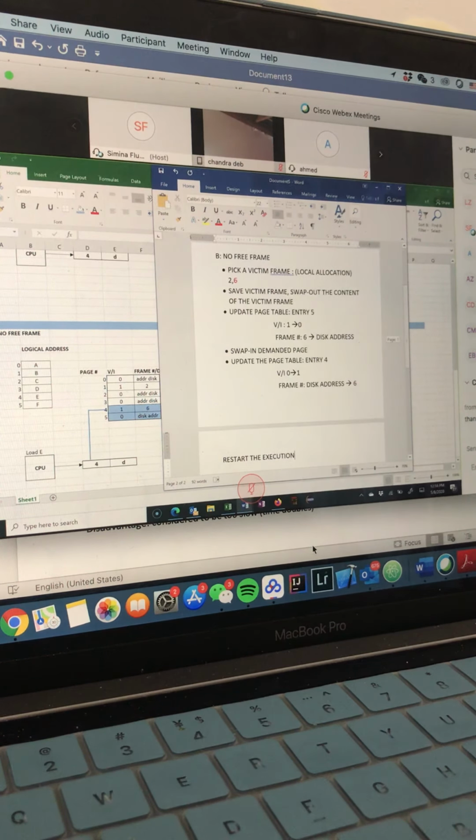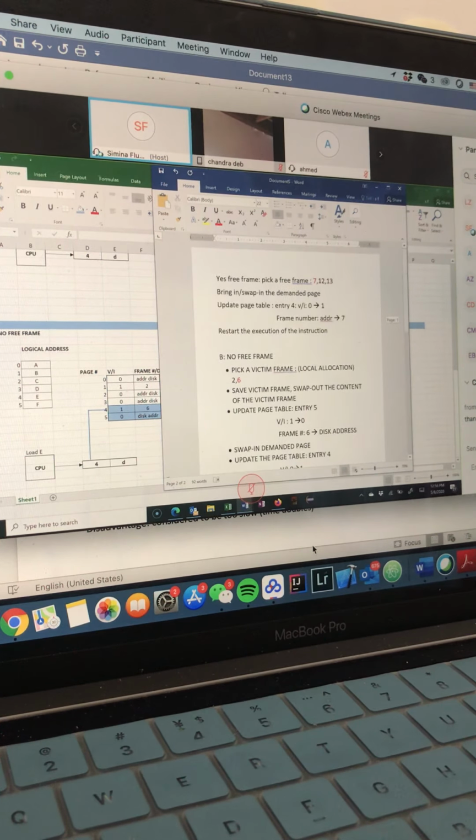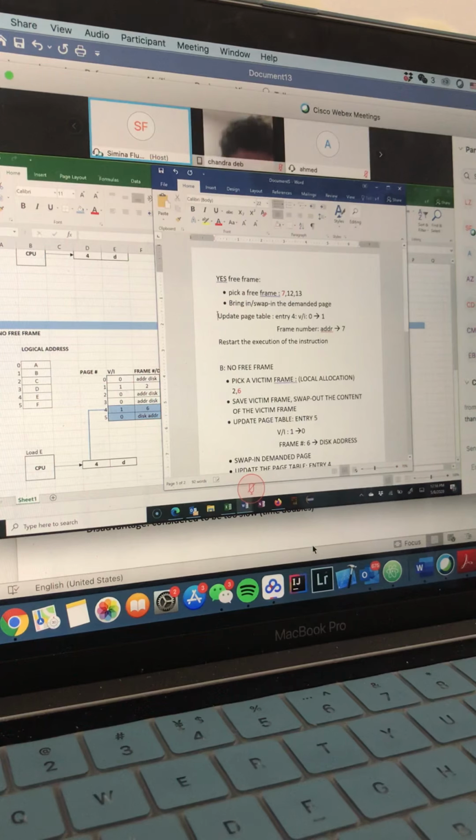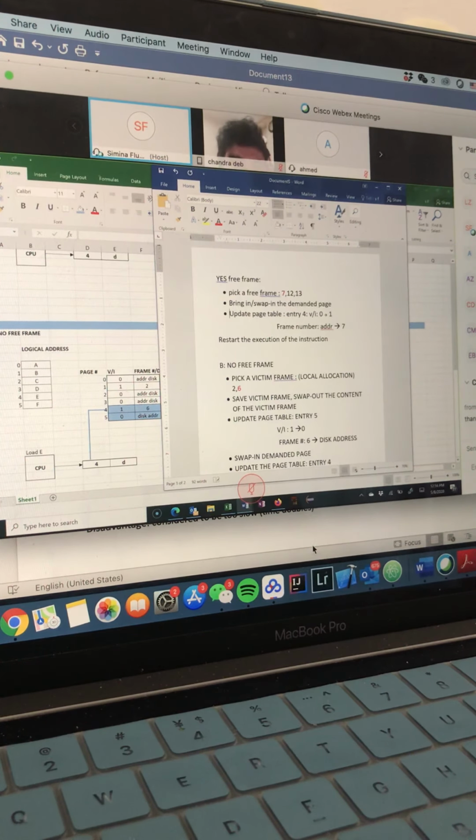So these are basically the steps for the case of no free frame, and above we have the steps for the case with a free frame. Again, we pick a free frame, swap in the demanded page, update the page table accordingly, and in that case we are kind of done.